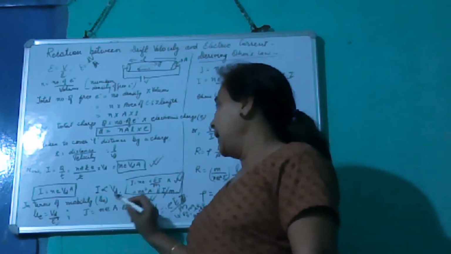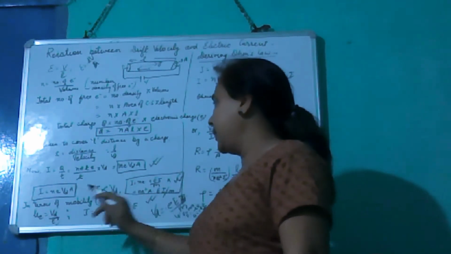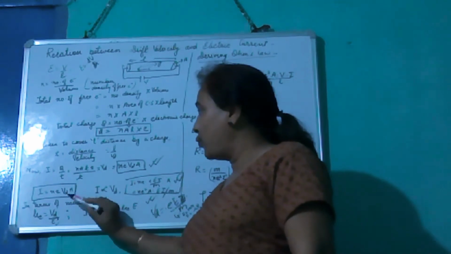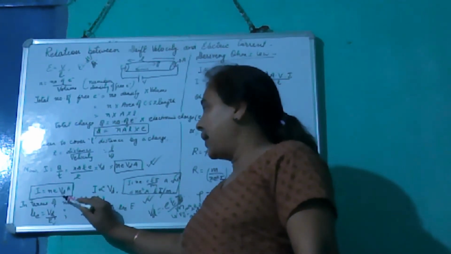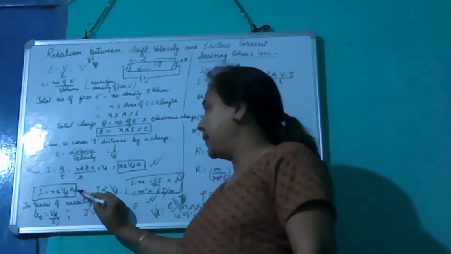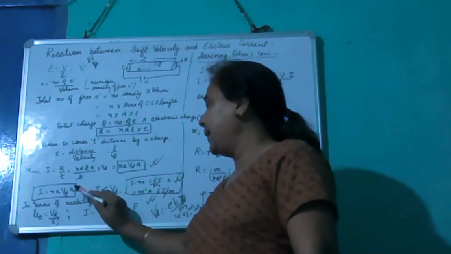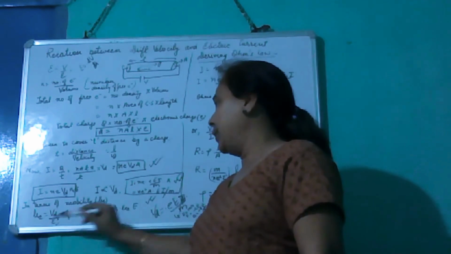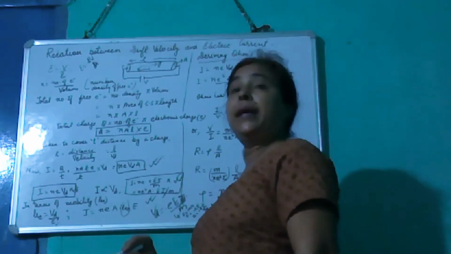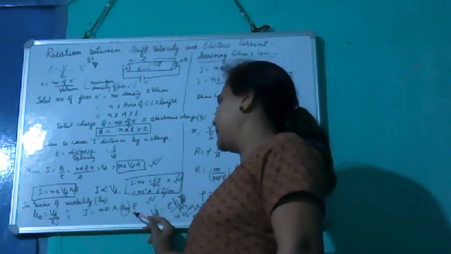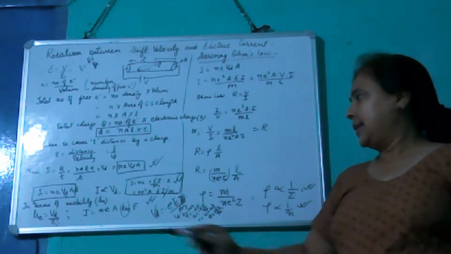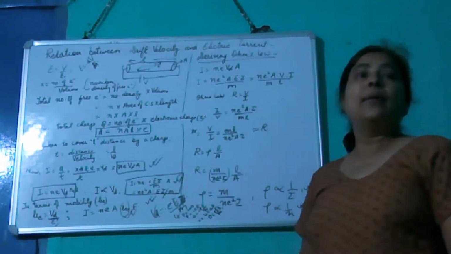So I is equal to, here what we can do, we have to replace v_d upon E. So we can divide by E or multiply by E. Yes or no? If we divide by E and multiply by E, this whole term will come out to be mu E. So this whole term came out to be mu E, and I is equal to n e A mu E into E. This is the form for the mobility.